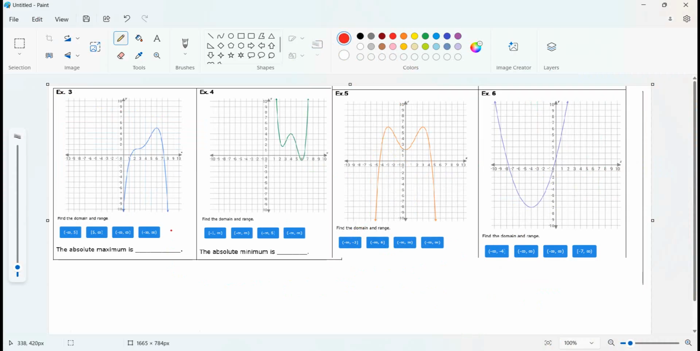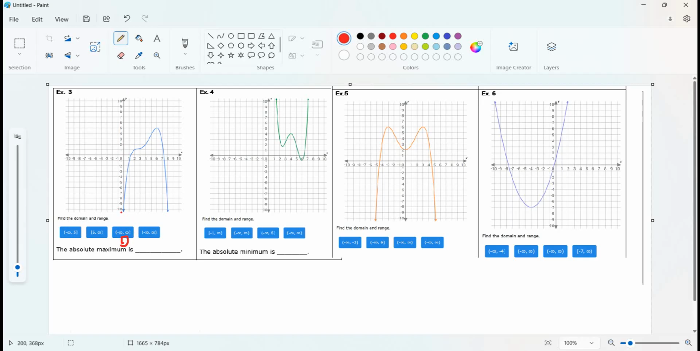All right, look at these next graphs. We'll go through these pretty quickly, hopefully. All right, we're looking for the domain first. So the x values, they're going to go on forever. So they go from negative infinity to positive infinity, and this is going to be the domain right there. And then the y values are going to be